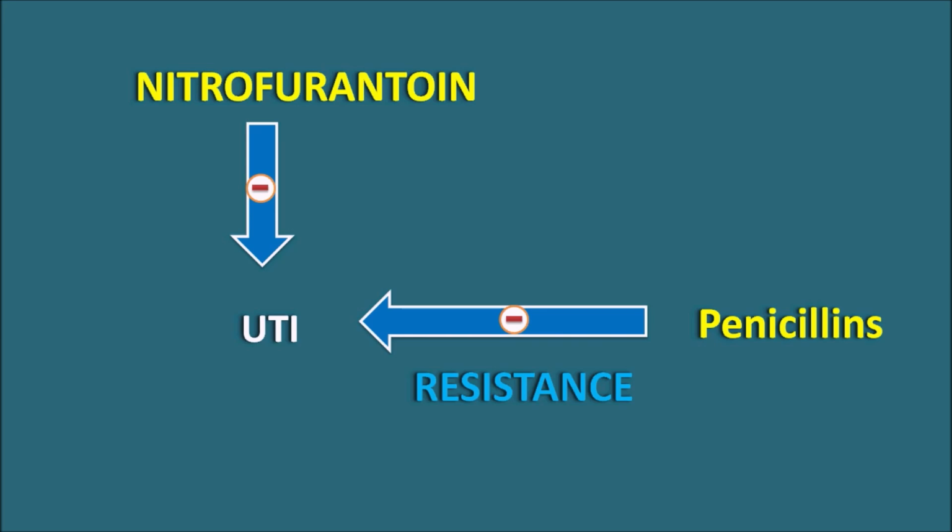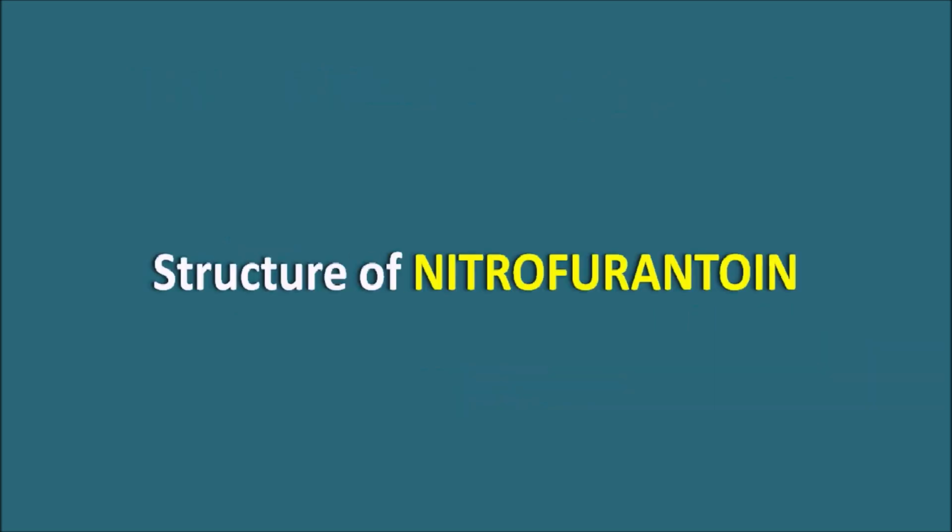But in the case of nitrofurantoin, this problem is not observed and this drug is not showing any resistance, because this drug acts by multiple mechanisms. Even if resistance is developed towards one mechanism, this drug can still act by another mechanism to produce the antibacterial activity. In this way, nitrofurantoin has some advantage in the treatment of urinary tract infection, and today let us see the structural features of nitrofurantoin, how this drug acts and what the side effects of this drug are. So first of all, let us see the structure of nitrofurantoin.